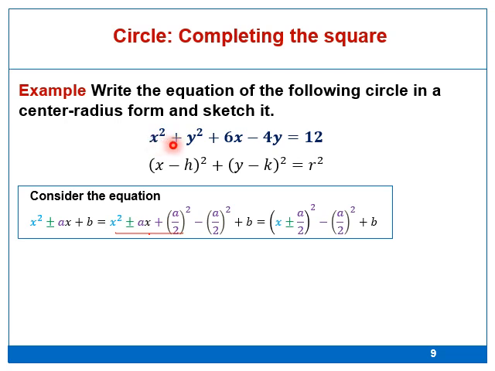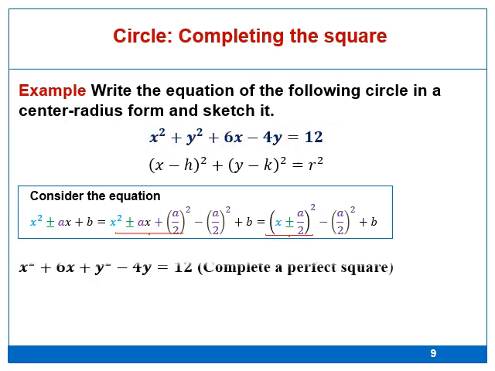To apply this on the given equation, we rearrange the terms. So we'll have the x squared plus 6x and then y squared minus 4y next to each other, and keep the 12 on the right hand side. Then we'll make a complete perfect square with respect to x and a complete perfect square with respect to y. We'll have x plus 3 all squared, which is half the coefficient of x, and then subtract 3 squared, which is 9,